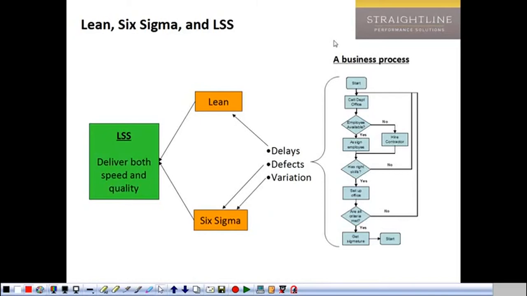Okay, so let's talk through the distinction between when lean might be predominant and when Six Sigma might be predominant. One way of thinking about that is that Six Sigma tends to work on particular processes, or particular steps of a process. So if this particular step was problematic and produced a lot of errors or a lot of variation, the tools for Six Sigma, data collection, deep data analysis, decisions on when to hire a contractor or not, Six Sigma may